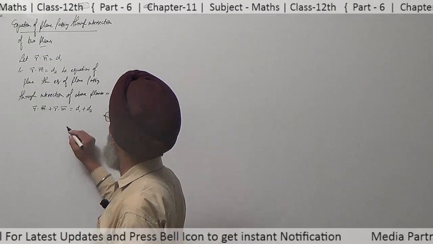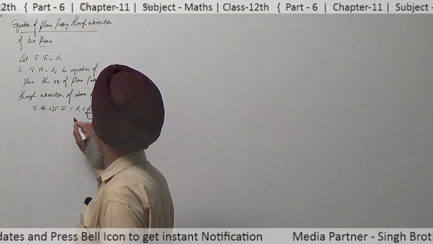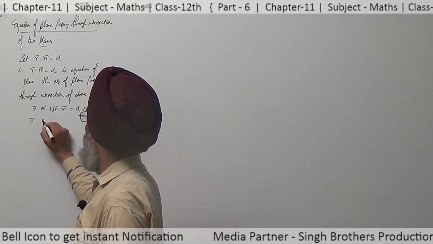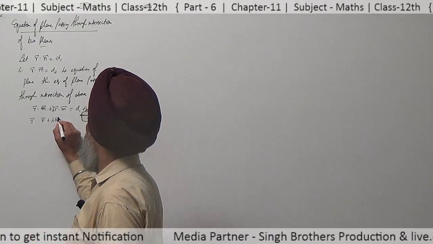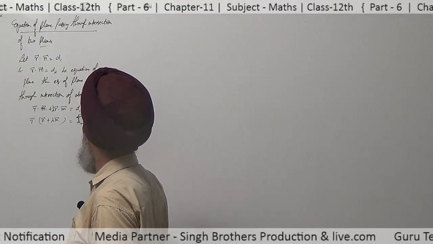It becomes r dot n plus lambda times of this, and lambda times of this. So r dot n plus lambda m is equal to d1 plus lambda times of d2